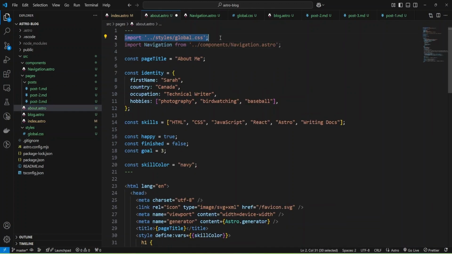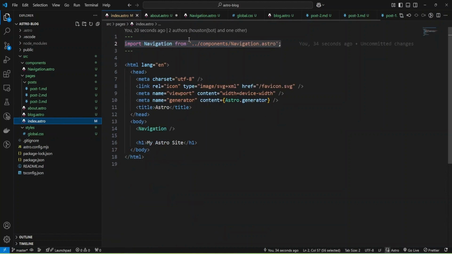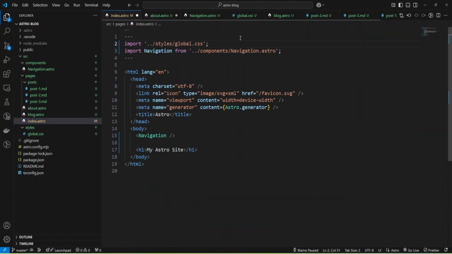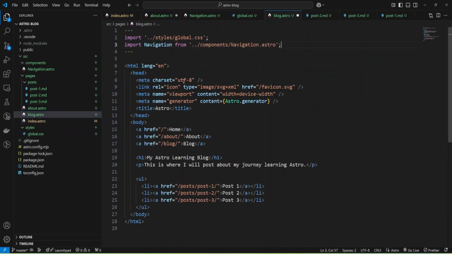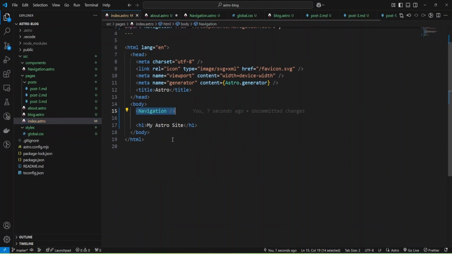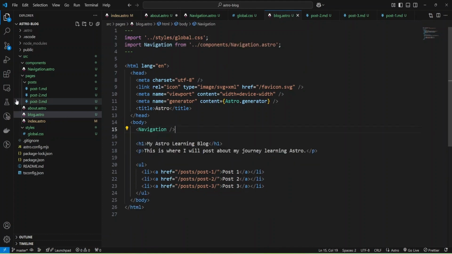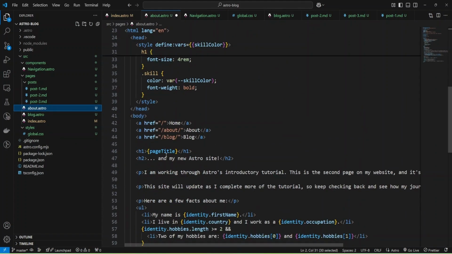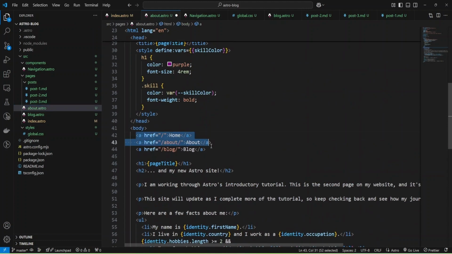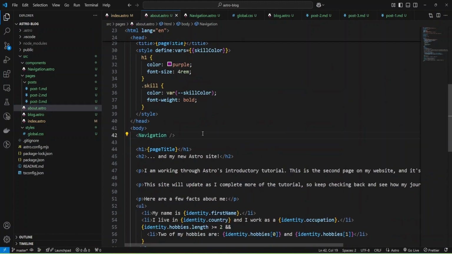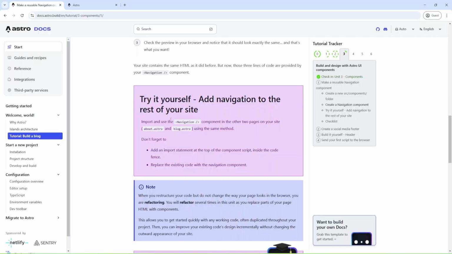And let's add the styles to index and also to blog. I'll add styles and navigation. And now I can use the navigation component in my blog instead of this code. We don't have repeated code anymore, and we can change our navigation, and we'll have this navigation across all pages.